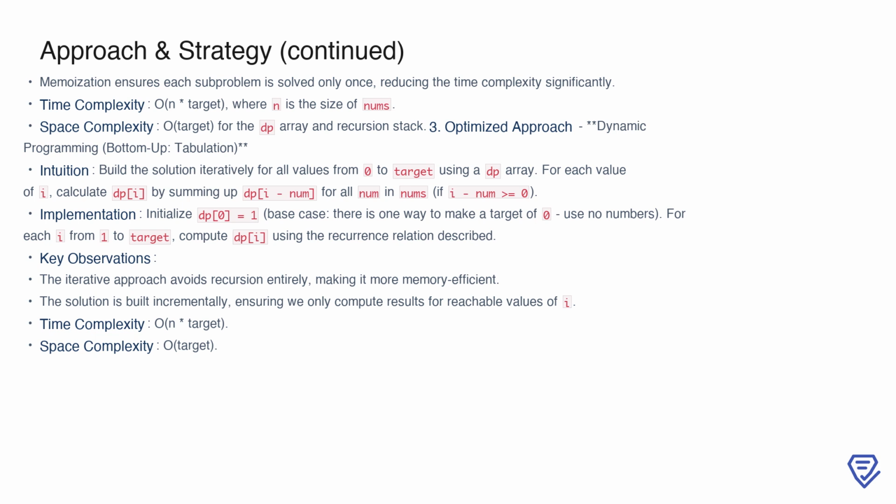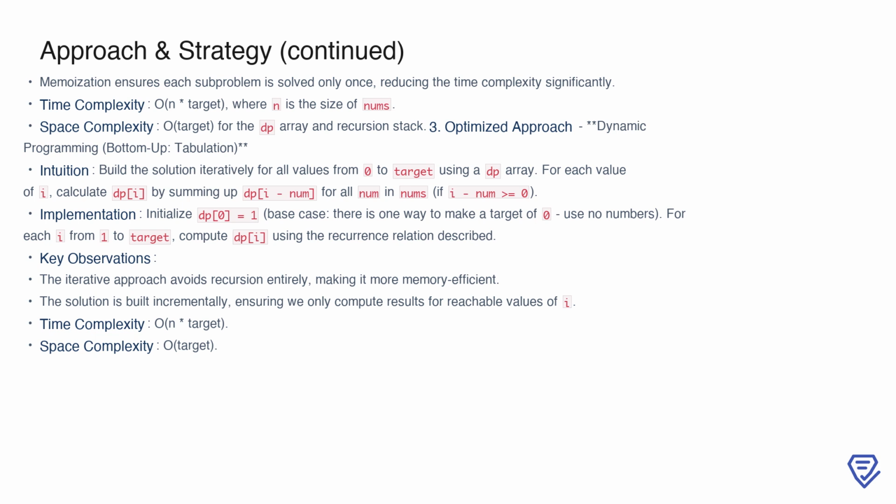This optimization significantly reduces the time complexity to O(n * target), where n is the size of the array nums. The space complexity is O(target) to store the DP array, along with the space used by the recursion stack. However, this approach still relies on recursion, so we also considered the bottom-up dynamic programming method, which eliminates recursion